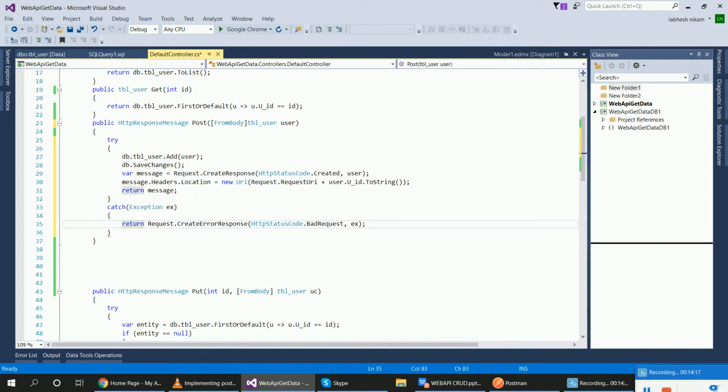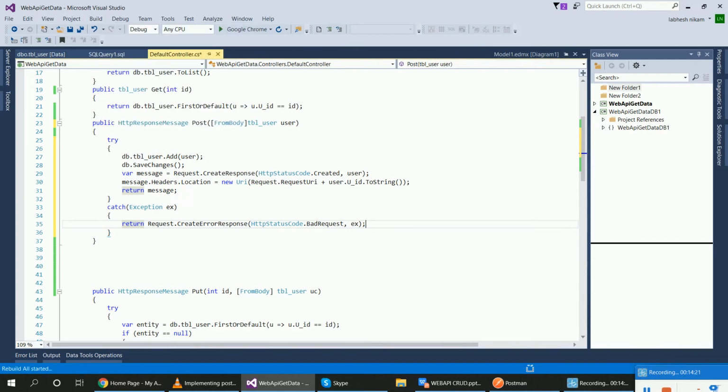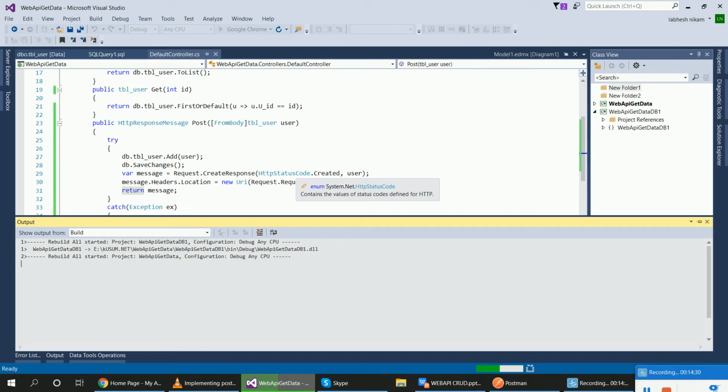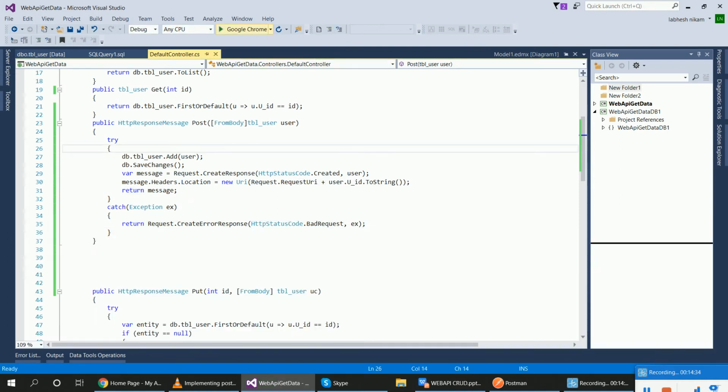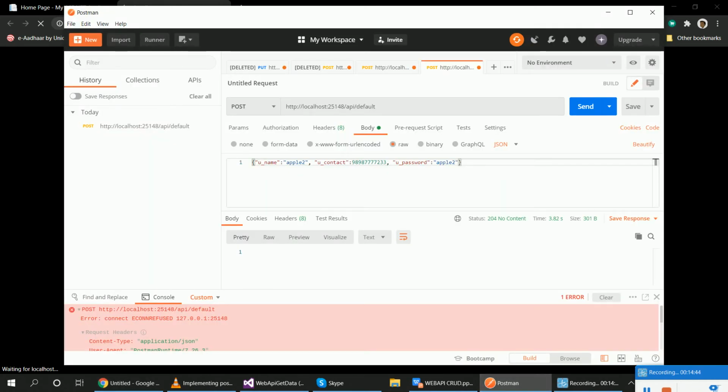So let's rebuild the solution. Both projects must succeed, otherwise it will not run. Then run the project and go to Postman.